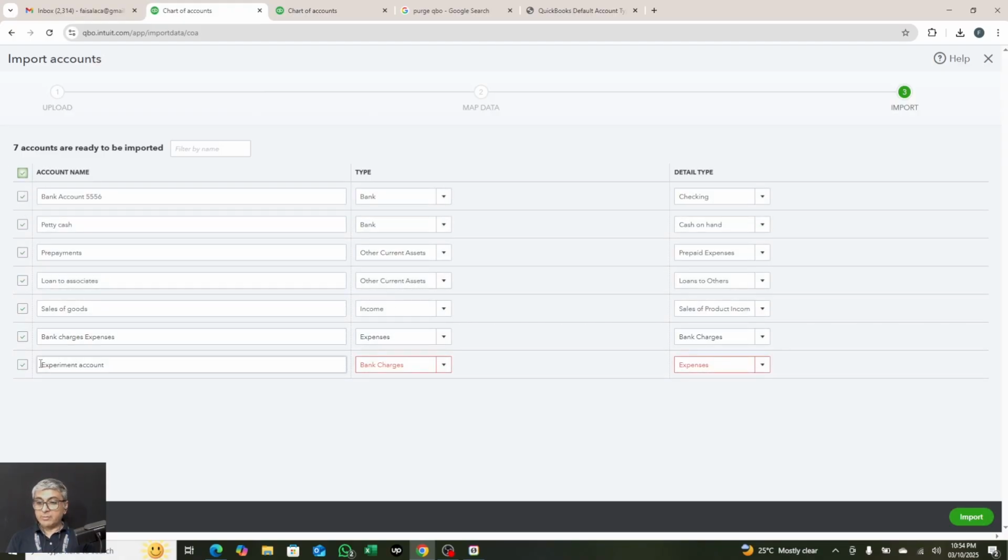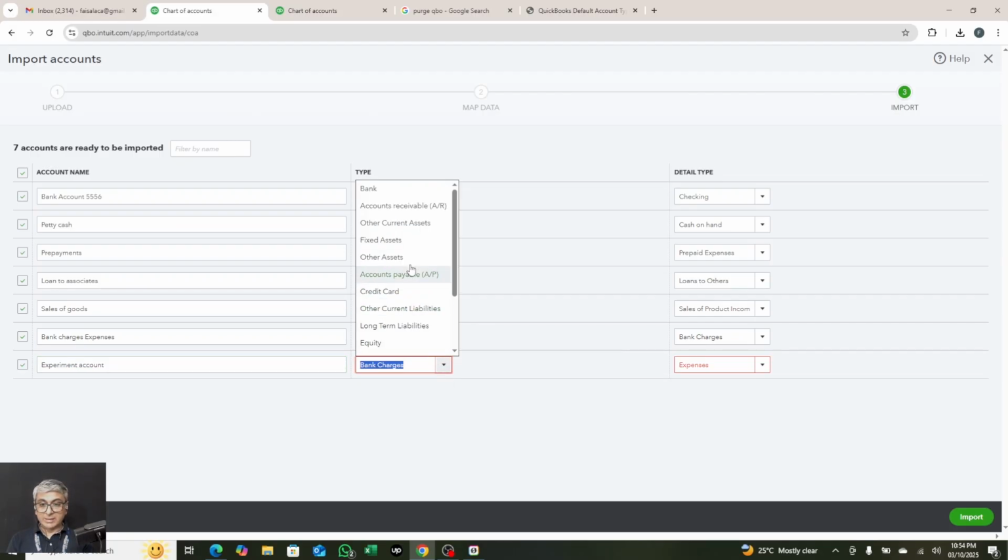And now let's see what is the fate of our experiment account. The experiment account is given over here, but you can see that bank charges is not the type given as per QuickBooks Online. So we have to select the correct option. I had given it deliberately to check how QuickBooks catches it and shows us. So QuickBooks has identified it and has given this information in red. So I will select this as